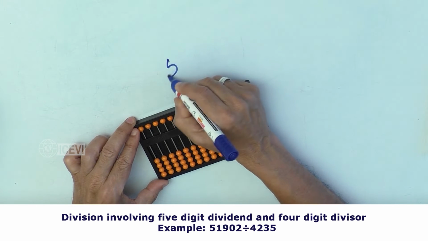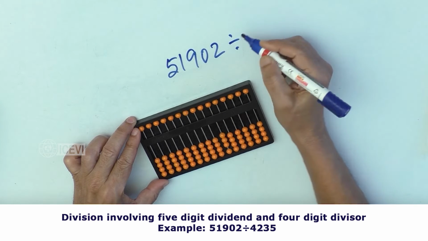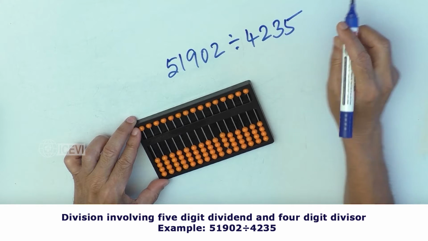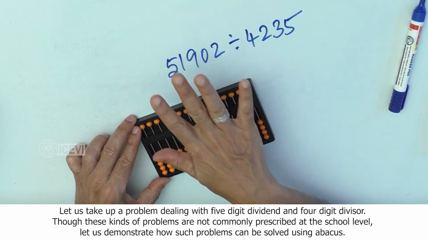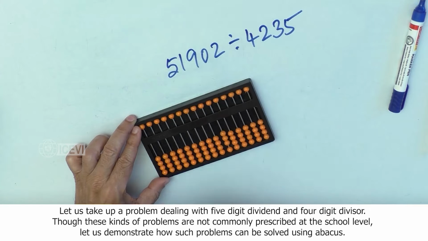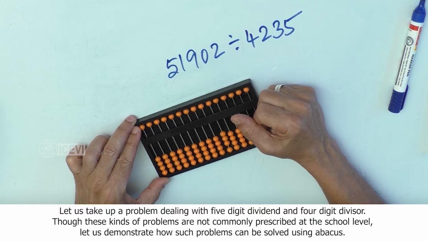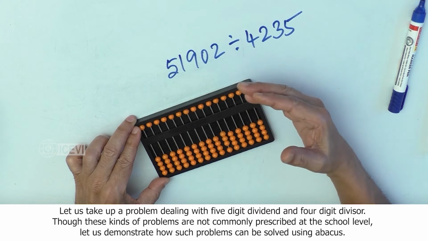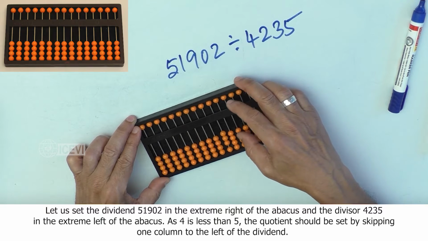Example: 51,902 divided by 4,235. Let us take up a problem dealing with a 5-digit dividend and 4-digit divisor. Though these kinds of problems are not commonly prescribed at the school level, let us demonstrate how such problems can be solved using abacus. Let us set the dividend